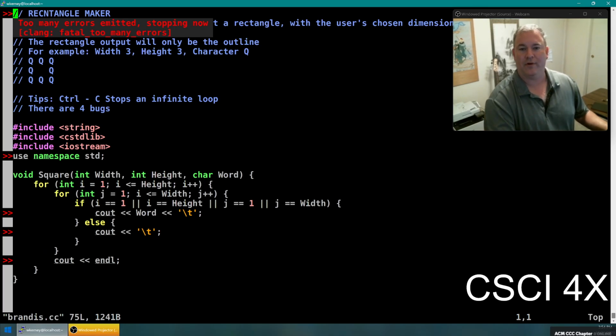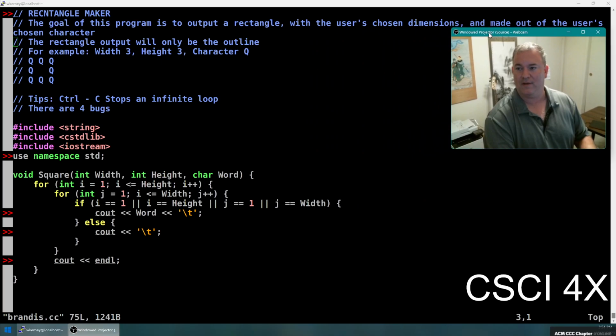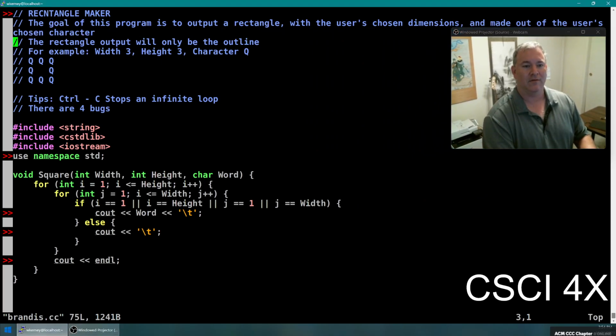All right. So the goal of this program is to output a rectangle with the user's chosen dimensions and made out of the user's chosen character. For example, width 3, height 3, character Q will do that. Cool. There are 4 bugs. All right. Use namespace std. All right. So first of